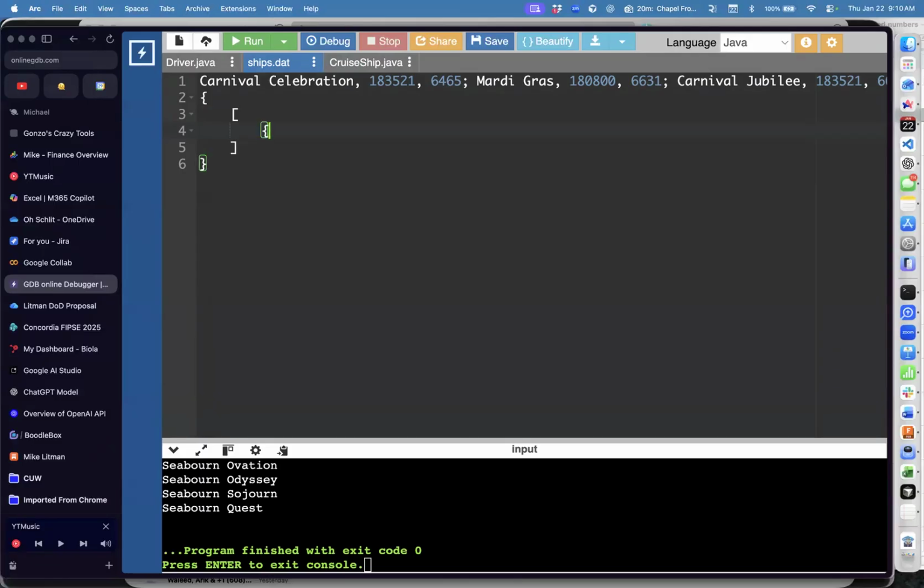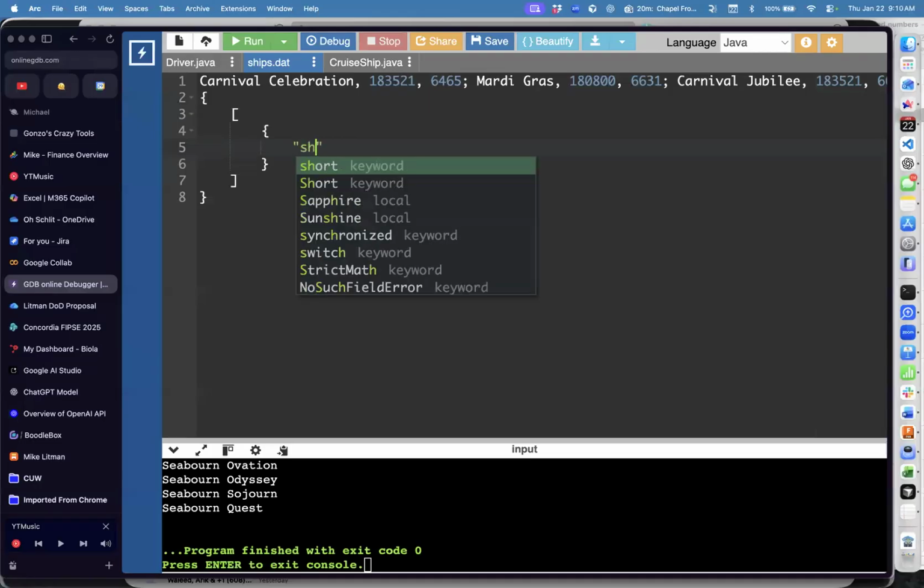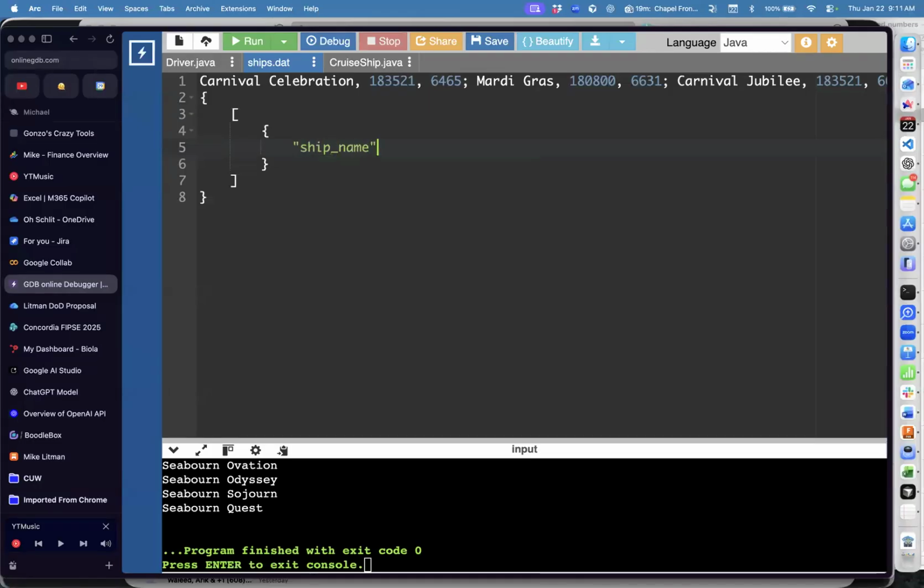So we might have an object that has shipName, and these are usually strings. ShipName, colon, Seabourn Ovation, for example, and then comma,